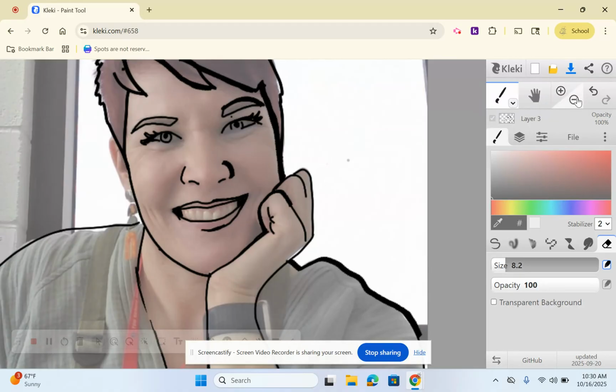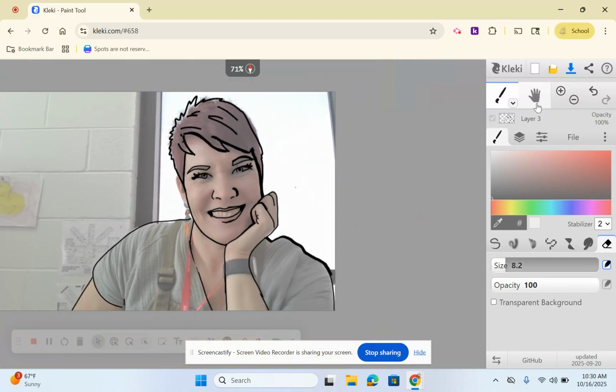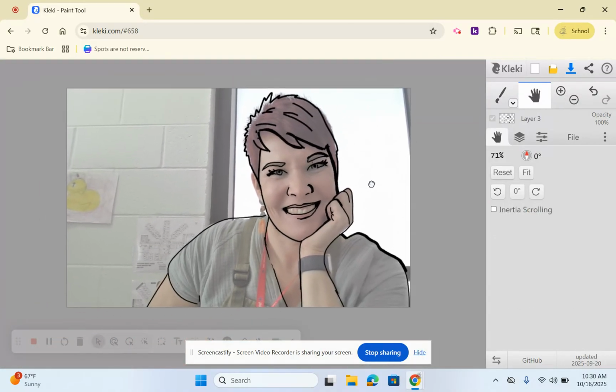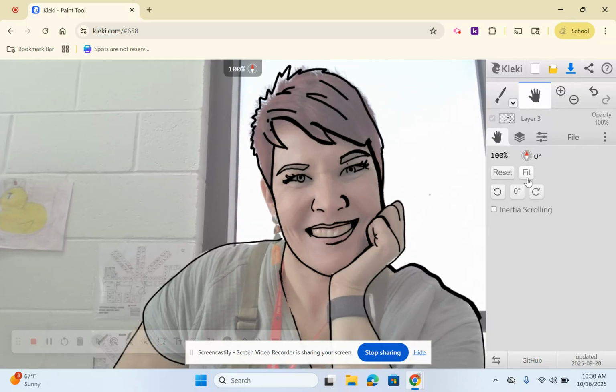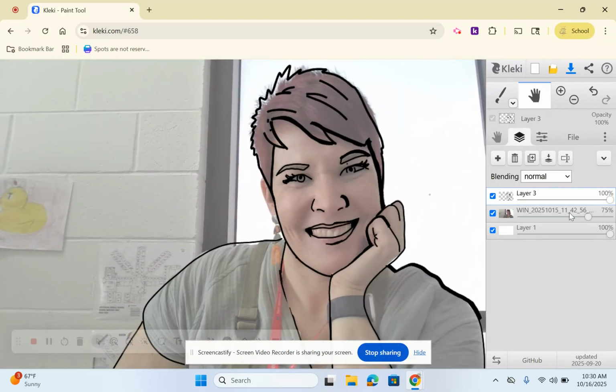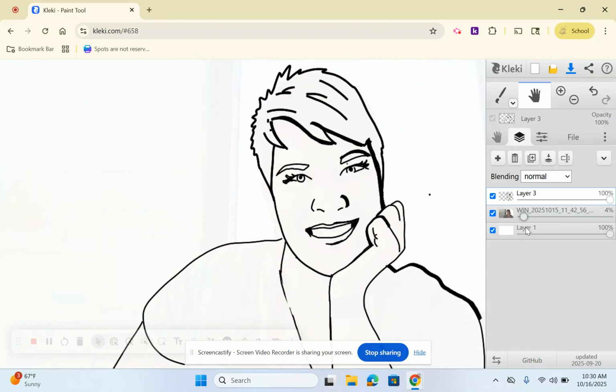So if we go back to, let's pull it this way. We're going to fit to the screen. If we go back to my layers and I completely make this invisible, you can now see my outline, and you can also see what that implied or line quality does for the drawing too. It just gives it a little bit of an illusion of form, which is a fun little extra thing that you can do to your cartoon character to make it look kind of sort of 3D, give it a